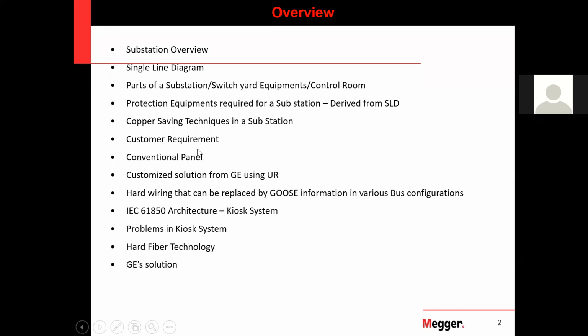User requirement. So who are all the users? Even we are users since we are using electricity in our houses. But what we mean by the customer requirement. So the direct users like the utility and the industries like power grid, NTPC, state electricity boards. So these are the customers. What are their requirements?